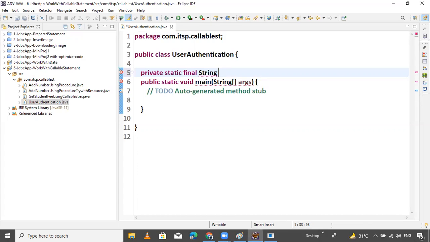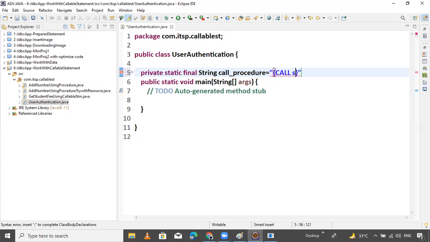Call procedure. Call_procedure equals to, how to call a procedure? By using curly brackets. Inside the curly brackets, call is the keyword, and then pass the procedure name.